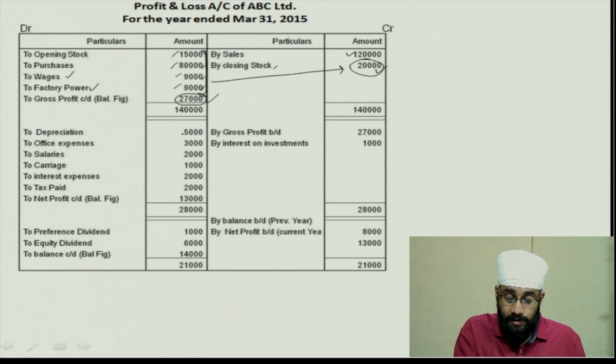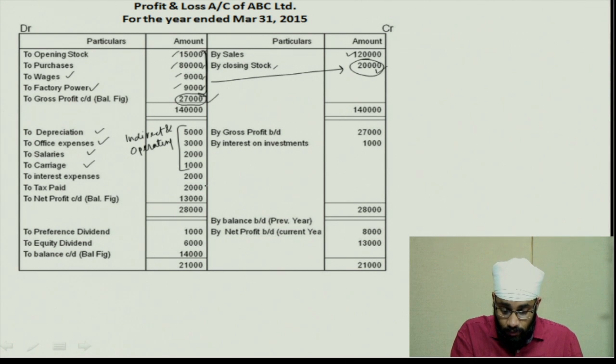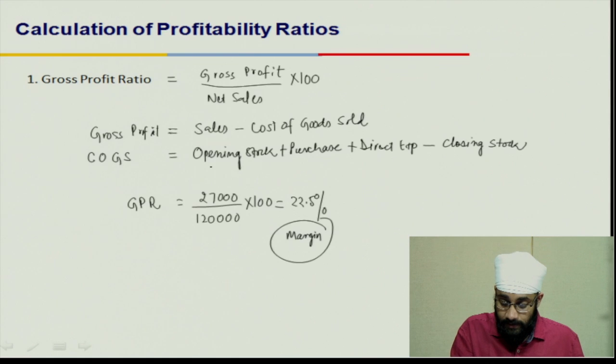Now indirect expenses include depreciation, which is operating, office expenses, salary and carriage, interest expenses, and then you have tax. So these are the items which are indirect expenses, but they are also operating expenses, indirect and operating. So we need to add all these to the cost of goods sold to calculate the total operating cost for the business. So we are going to add depreciation, office expenses,